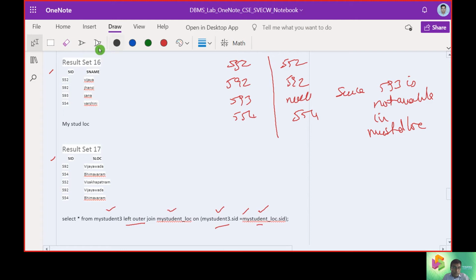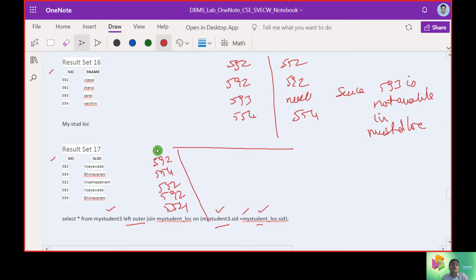Now the item should be on the right hand side, not the left hand side. Now I have 592, 554, 552, 592 and 554 at this point. That is my student location.